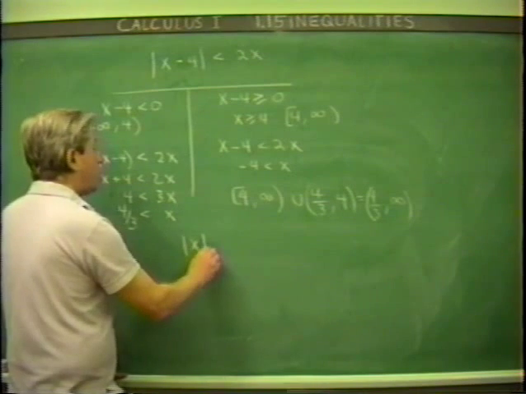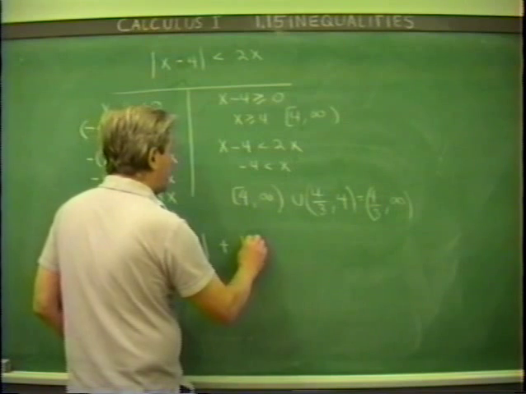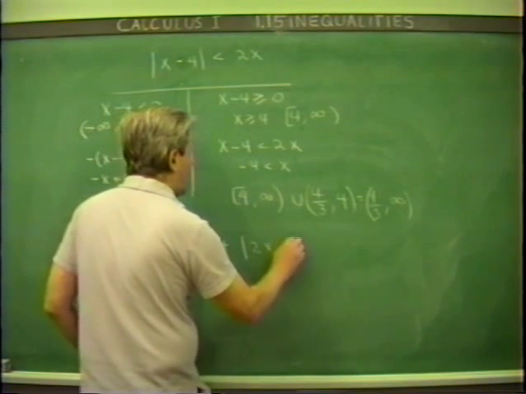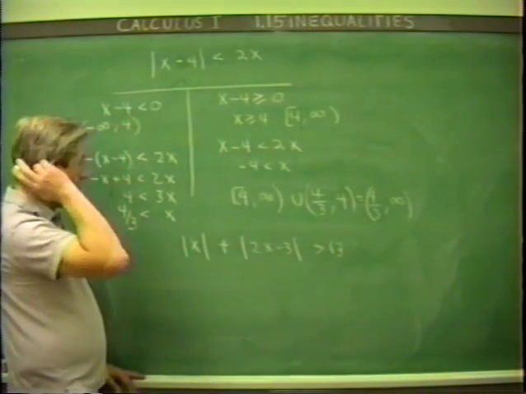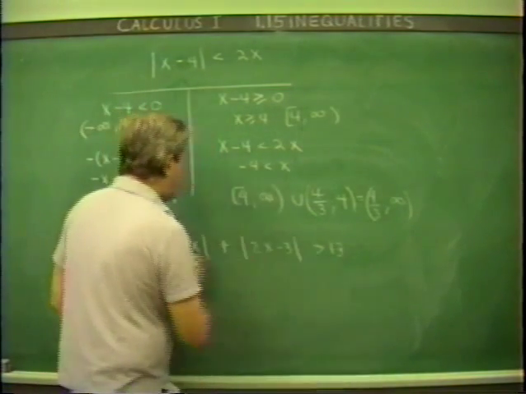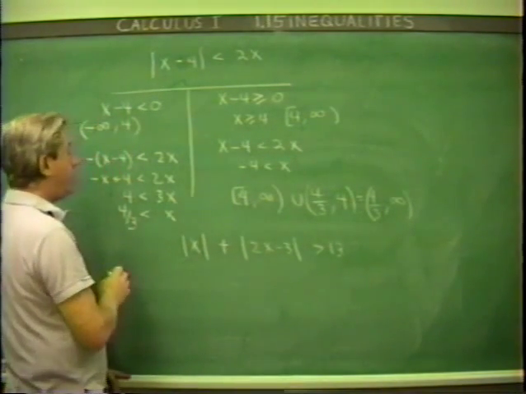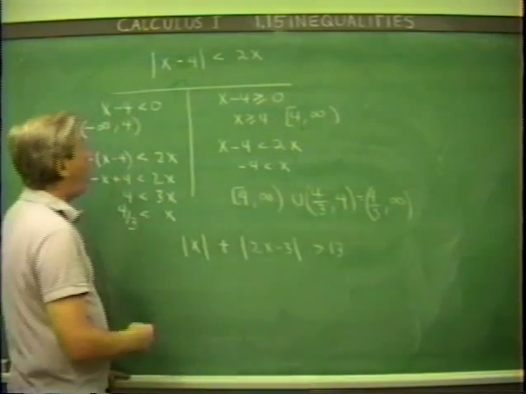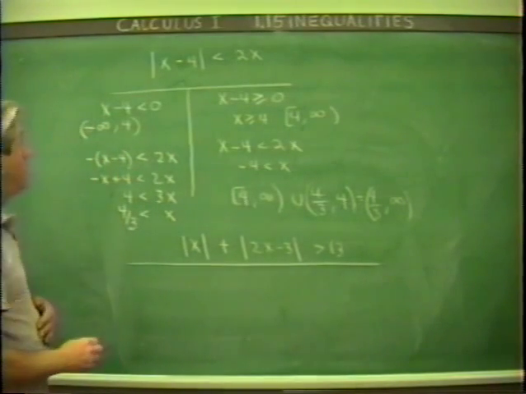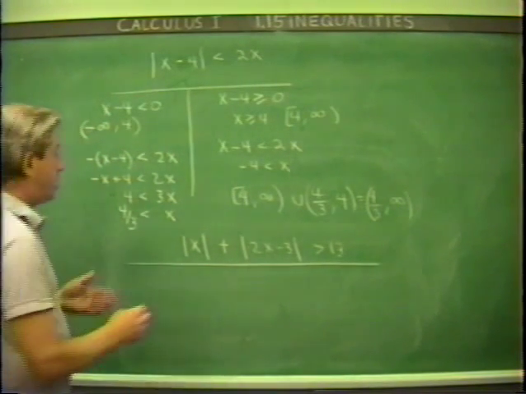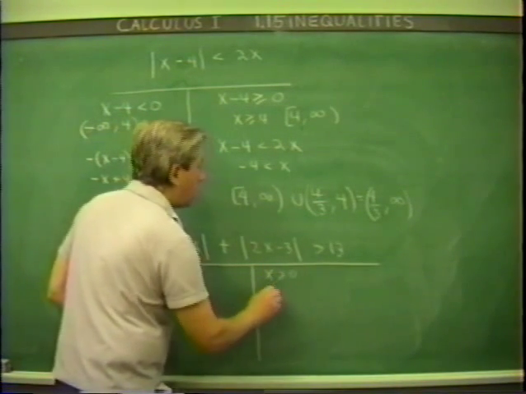Let's consider a particular situation. Let's suppose we want to find when is absolute x plus absolute 2x minus 3 larger than 13. Well, we've got several absolute values in here, and we'd like to see them gone. We can do this